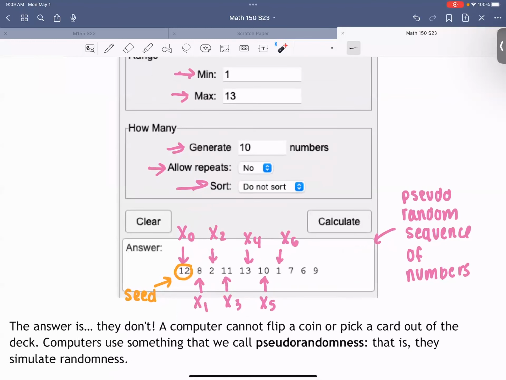Okay, and I told you that there was some notation that you had to know. Whenever we have a bunch of numbers being generated at once, the first number is going to be x0, the second number x1, x2, x3, x4, just to let you know this is the number in the sequence, right? Now, the first number of the whole sequence of numbers is called the seed, because it determines what the rest of the numbers are going to be, okay?